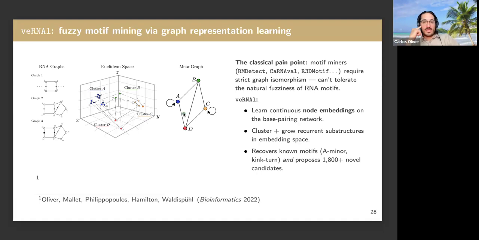One of them we're interested in, well, if we have a giant pool of RNA structures, where are the functional units if we don't know what they are, right? A lot of this space is unannotated. We essentially have a data mining problem on our hands, which is what are the recurrent substructures, so structural motifs in the data that might point us towards functional units that might point us to druggable targets. And so we need the right algorithms to be able to explore this space. And this project called Vernal was one attempt at that,